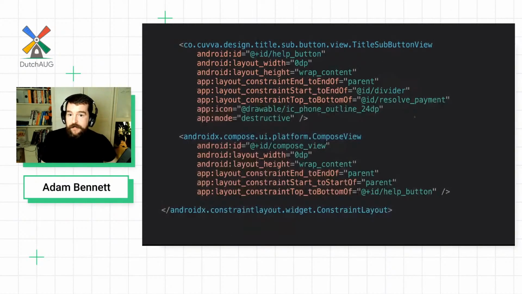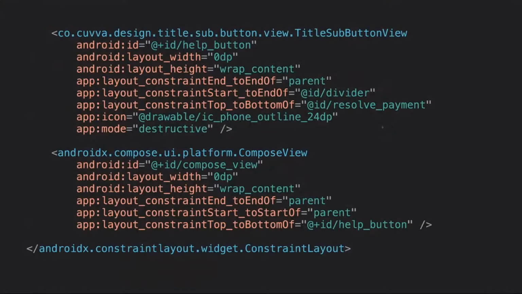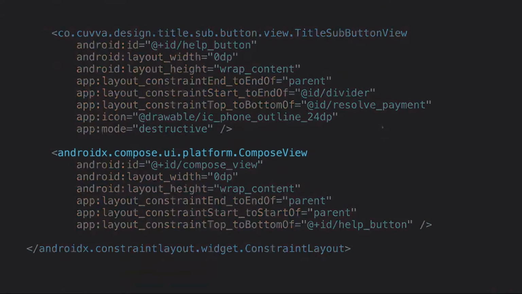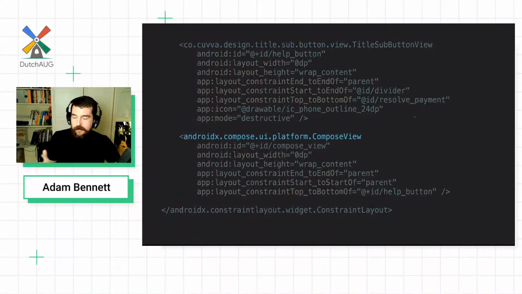So once you're happy, you can start replacing more and more of these components. Here is a snippet of some XML for one of our compound views. Remember, a compound view is made up of smaller subcomponents. And what we've done is we've switched out a button for a Compose view. This Compose view is the bridge between the Compose world and the Android view world. And you integrate it like this.